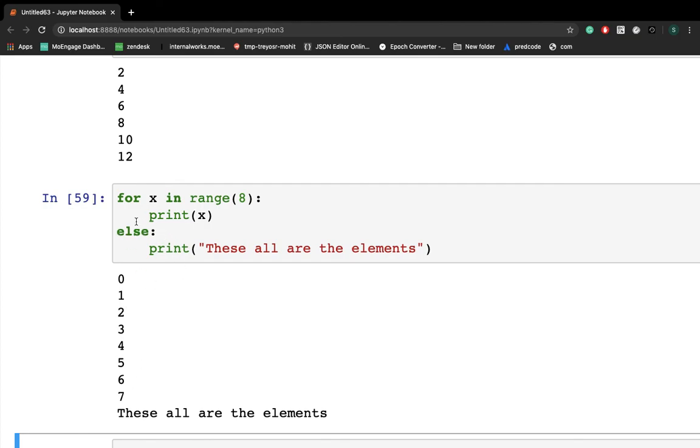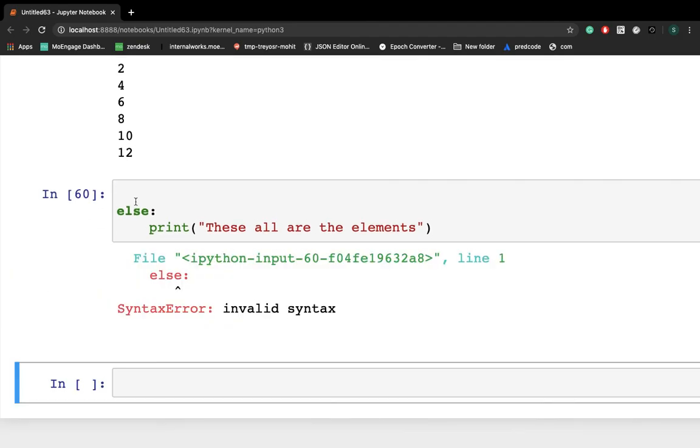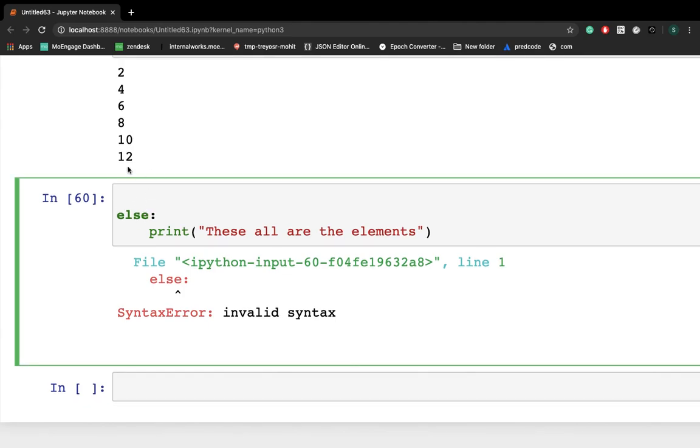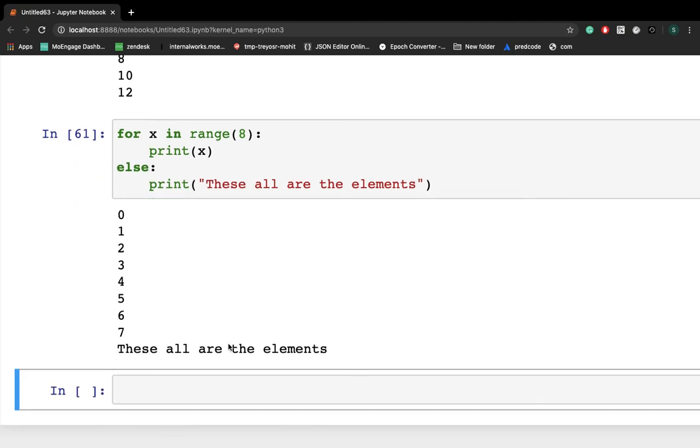We can print anything. Previously you have seen that if you remove the if, you will get an error, because if you don't provide an if condition, else won't execute. But with a for loop you can do so. If you execute this, you'll get some values.